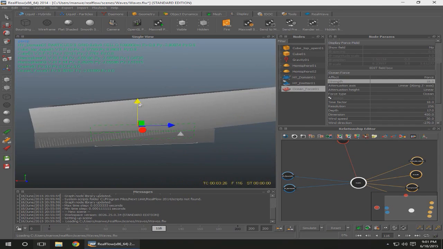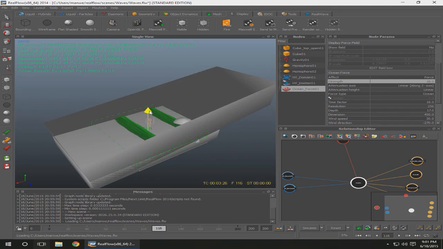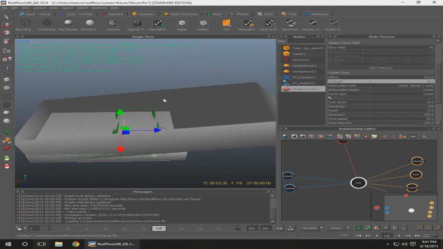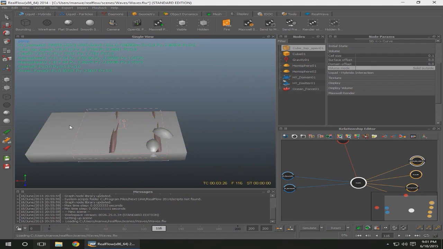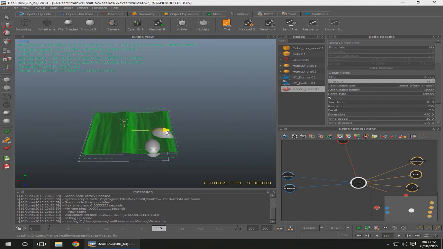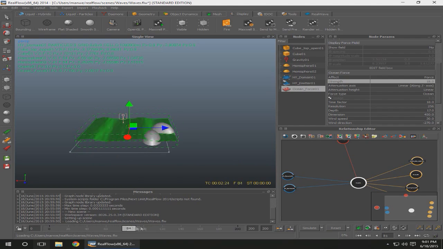Okay, this should be fine. And that's it. I can hide this and this. Maybe just move this a bit right. Okay, this should be good. I can also hide this. Press reset,